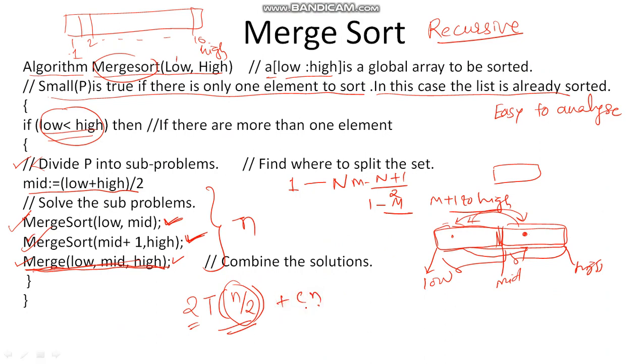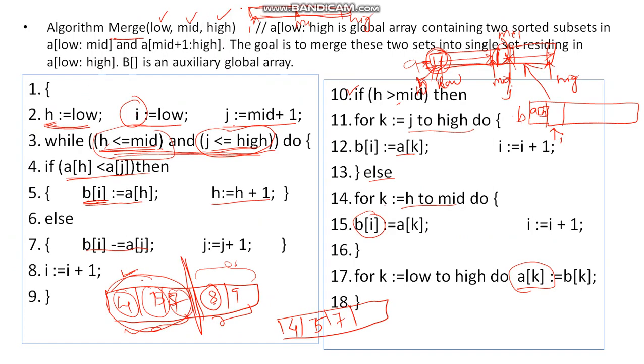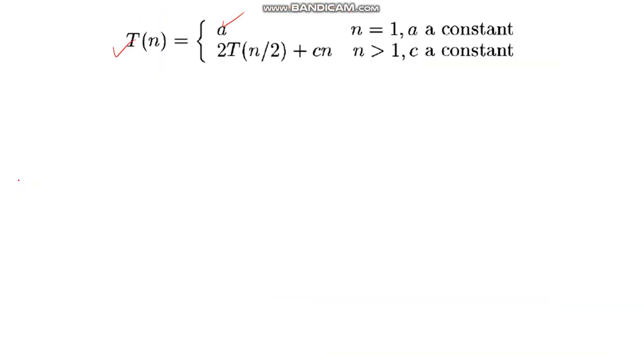C is a constant. So what I get is an equation, T of n is equal to A. Now what is A? Let us say there is only one element. This will not become true and the time required will be constant, so nothing will be executed. For that purpose it is A. A is some constant. A can be 1. So T of n is equal to A when n is equal to 1, when there is only one element in the array. And it is 2 into T of n by 2 plus Cn whenever the number of elements is higher than 1. So this is the equation to be solved for the time complexity.